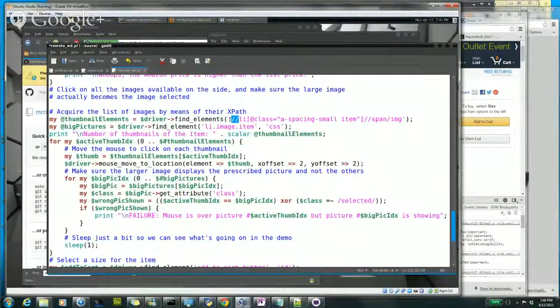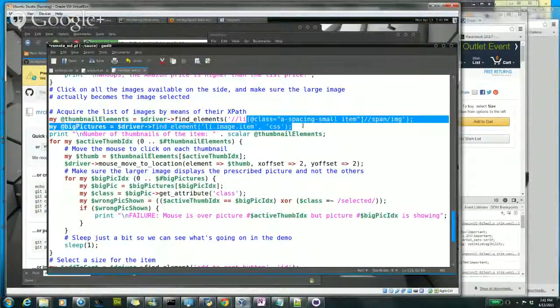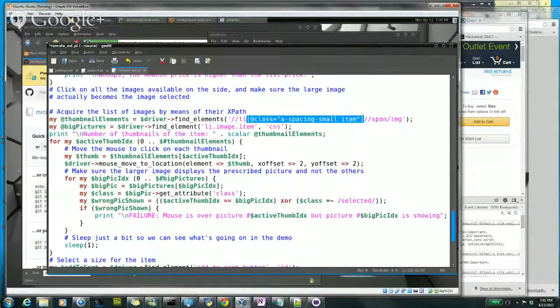The 2 slashes means anywhere in the document. It doesn't have to start from the root. So you don't have to go through all the HTML, body, div, blah, blah, blah. It can start from the LI, the list item. Now you want to pick the list items who have the class type consisting of a-spacing-small and item. So of course the CSS styles are going to look like this. And then if I were just to run it like this, it would give me all the elements that look like that. However, then from there, we're going to search for all of these list items